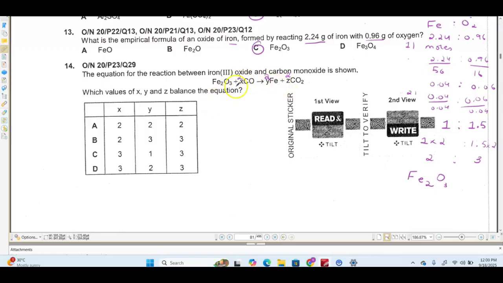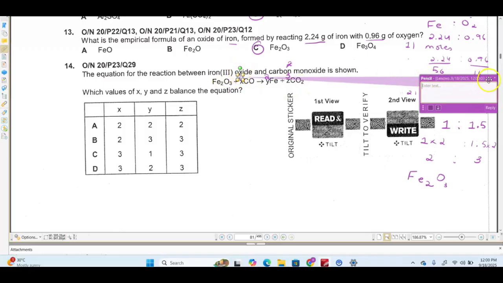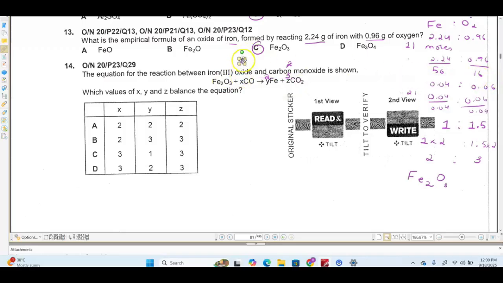If we apply 2 over here, then the oxygens become 5, so we can't work with that. So what we can do is apply 3 over here. Let's remove the 2 and apply 3 over here. This makes carbon 3, and 3 2s are 6. There are 6 oxygens as well. So we will remove this 2 from here as well and apply 3 over here. Now iron is balanced, carbon is balanced and oxygen is balanced as well.